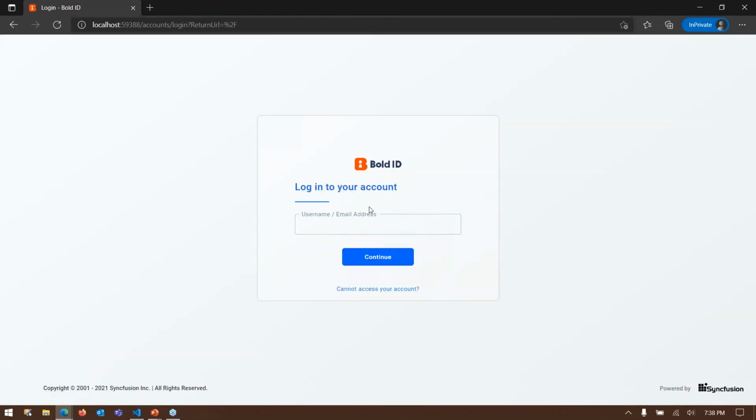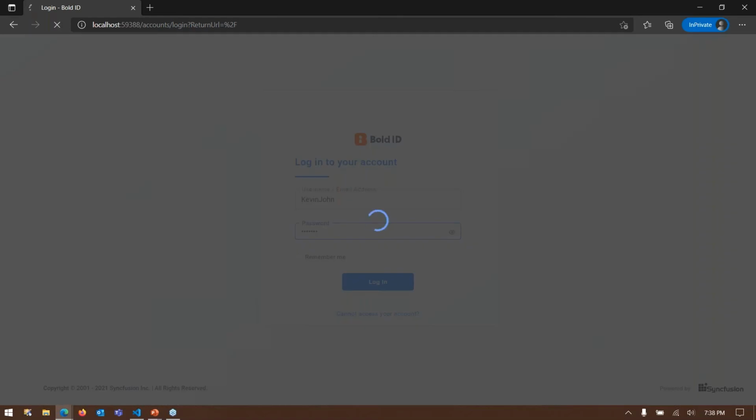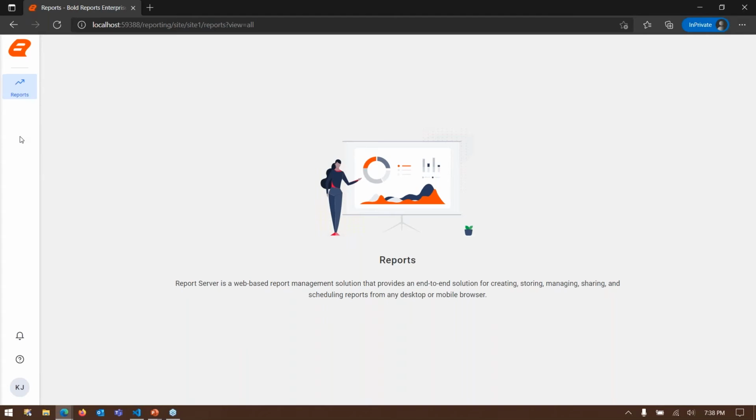You can see right here, we have login options, right? Here you can provide a username or email address for this one. And provide John. I'm going to provide the username and I'm going to provide the password. Let me log in. So you can see right here, there is no reporting option or creating option or data set creation or data source or schedule. There is no option displayed in the navigation menu, right? We have only the profile and notification there.